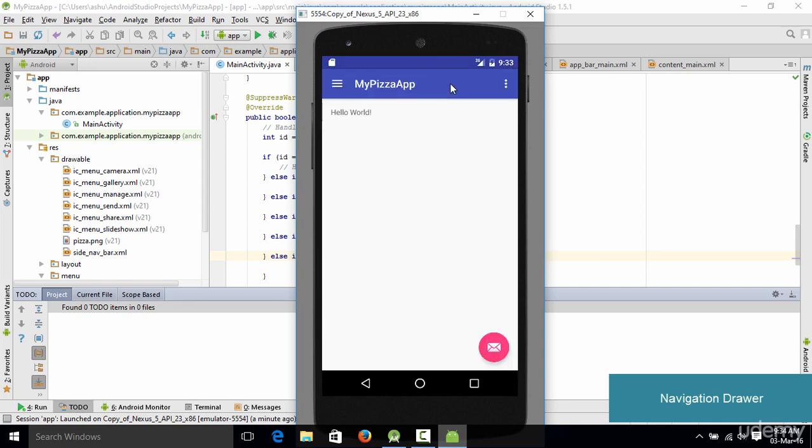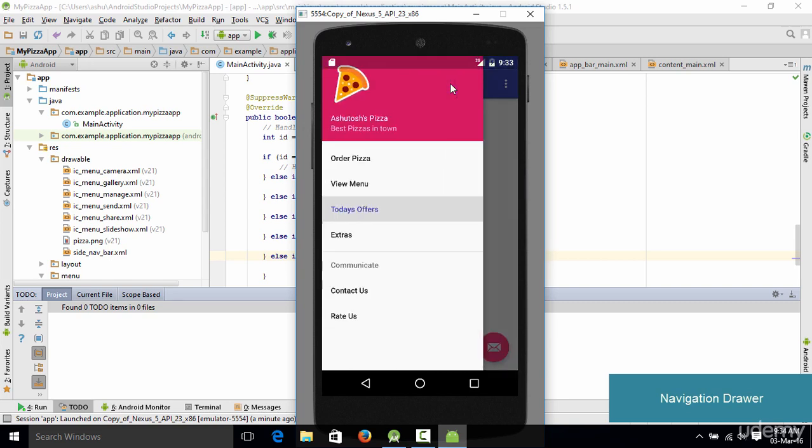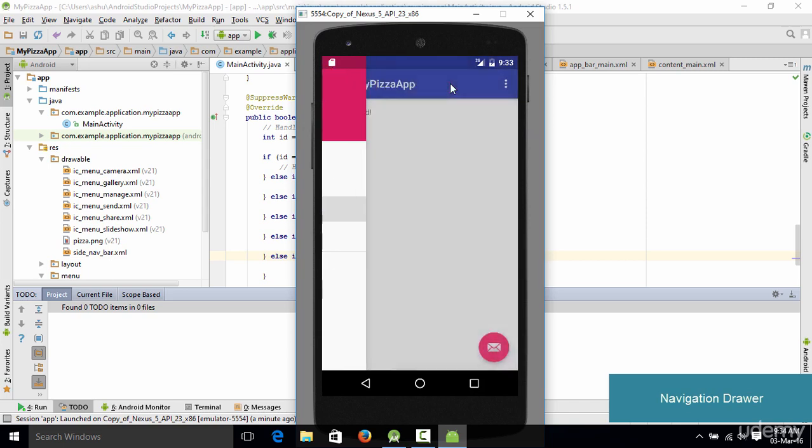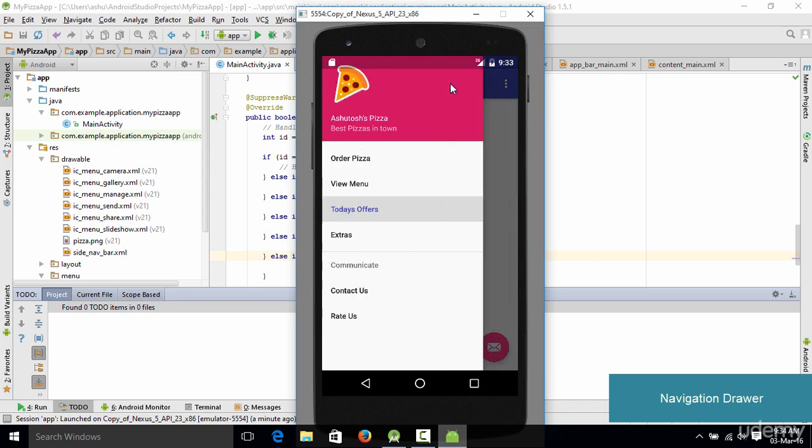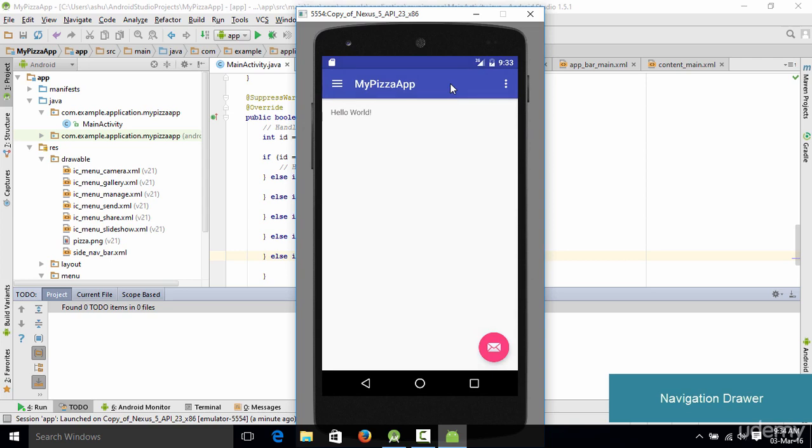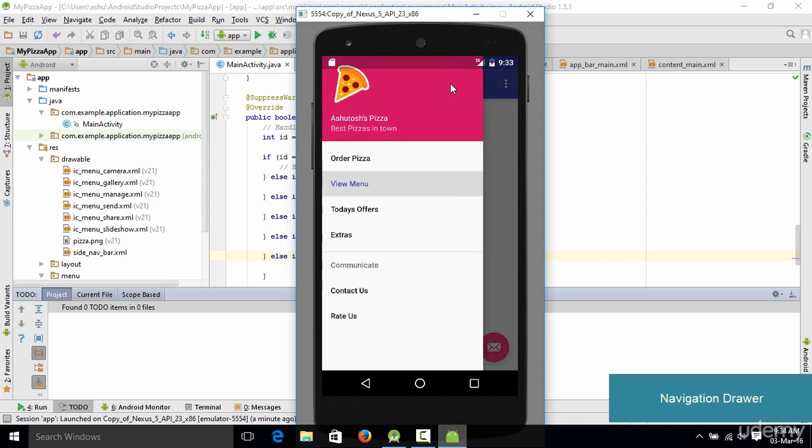So basically you could also pull this thing out and you could push it back in. So this is basically what a navigation drawer actually looks like. And in the next tutorial, we are going to learn how to make these things functional, so that whenever we select some of this option right here, it is basically going to open up a new activity instead of this activity right here. So that's it for this tutorial, and that basically covers how to design the bottommost part of our navigation drawer.